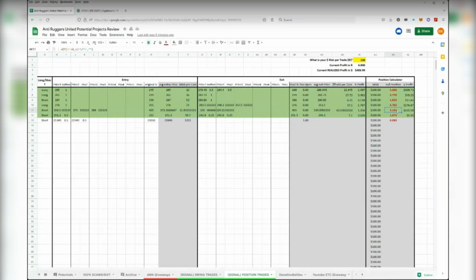I think I bought like 30 BNB for this trade, so I made like over $1,000. I think I risked like $1,000. Yeah, I made like $1,400 or so on this trade myself. I believe I risked $1,000 on this trade. So I bought, I mean, I sold because I was short, like 12 or 13 BNB per each position. So I think I sold like 10 BNB at 358, 10 at 373, and 10 at 388, something like that.